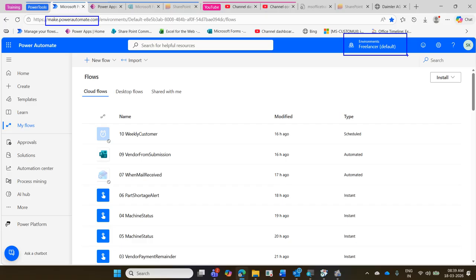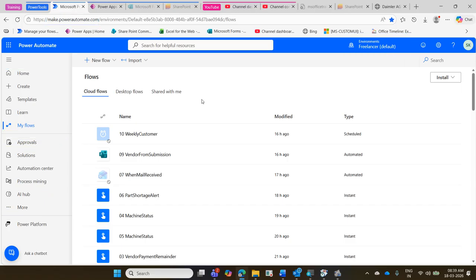Okay. And then we have seen what all the options available here are. Home tab, create, templates. Templates we'll see today. This is learning. My flows, where you can see all your flows. And approvals, that's what we are going to see today, how to make an approval. And you can see there is an automation center, and autopilots, co-pilots, sorry. And when you go to more,